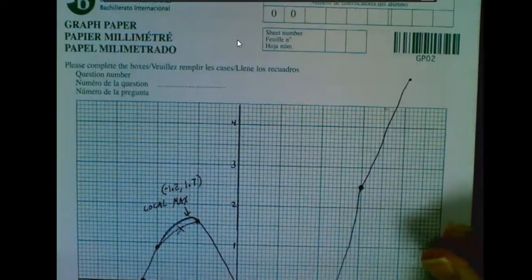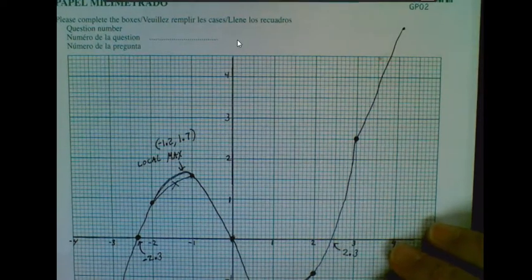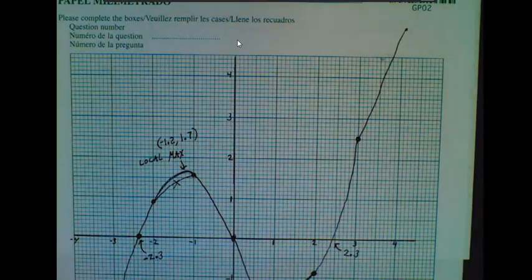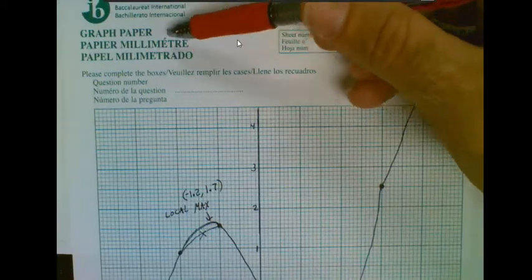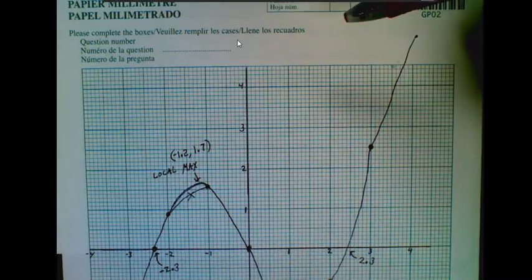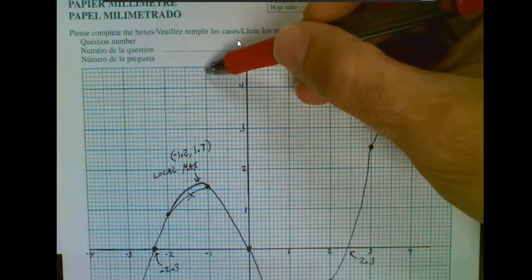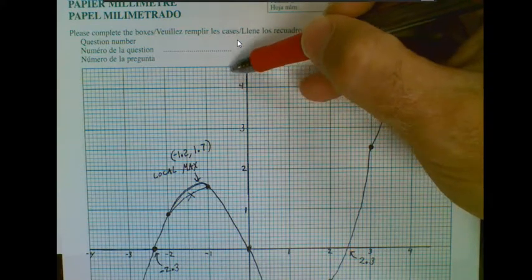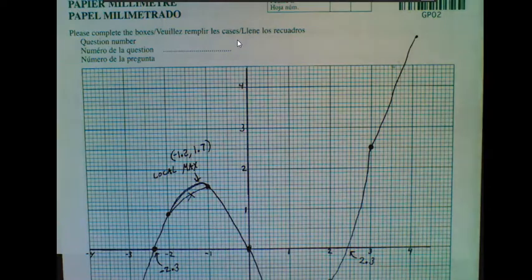So this is the IB graph paper. It's like this full sheet of all these tiny green lines. That's why they call it millimeter graph paper, and this is what they give you on the IB test. When they refer to 1 centimeter, if you notice, every fifth line is a little bit darker. Those are centimeters. If you held up a ruler to that, you would see